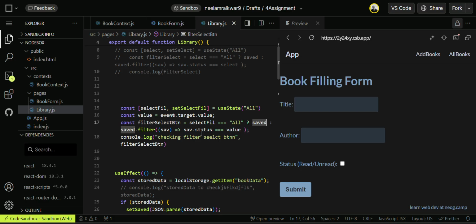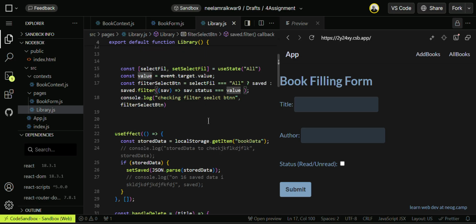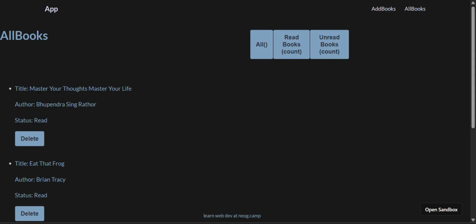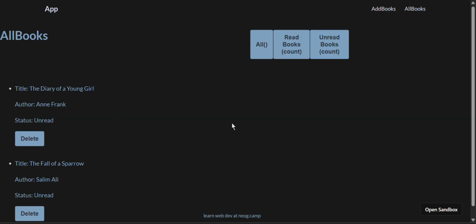When I click on the buttons, according to that it takes the value and then shows the book data there. Here is how it is already shown here.